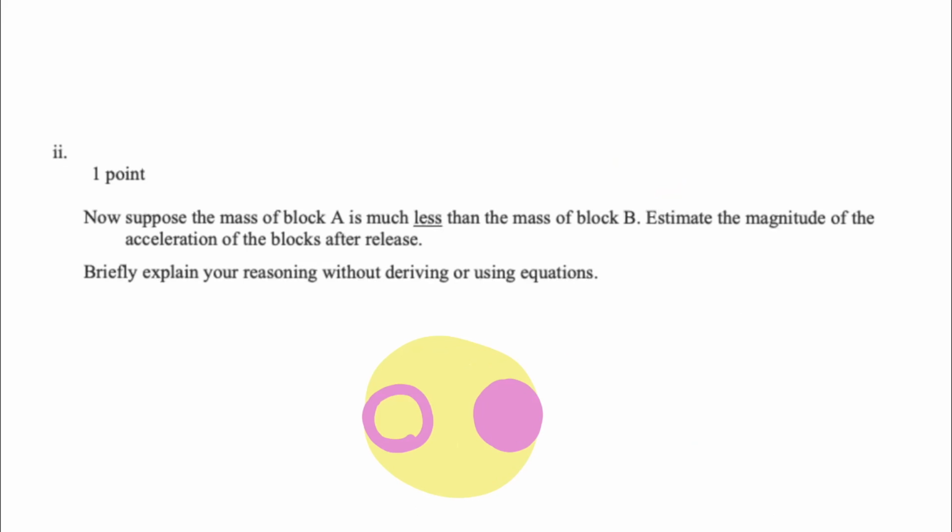So now suppose that the mass of block A is much less than the mass of block B, and again, estimate the magnitude of the acceleration of the blocks after release. So the magnitude of the acceleration should be very close to the acceleration of gravity, which is 9.8 meters per second squared. Because in the problem it said that there is negligible friction between the block and the table, block B would basically be in free fall if block A's mass was very small, and the pulley also has negligible mass